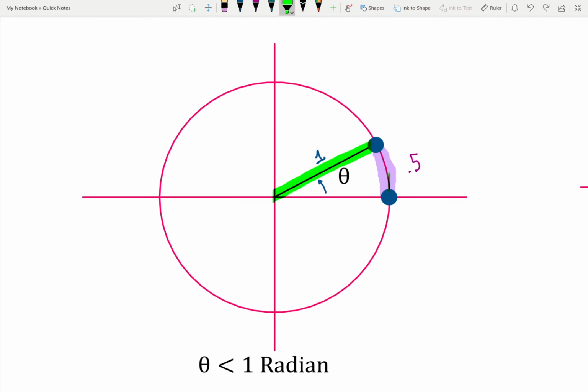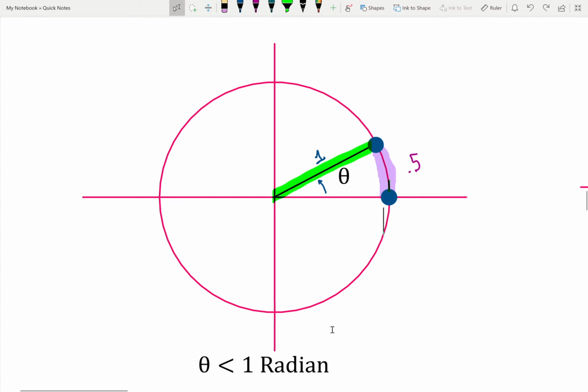How long of a path have I walked on this circle? Let's just say it was 0.5 units. Because the terminal side's length is greater than the path walked on this circle, then the angle measure is less